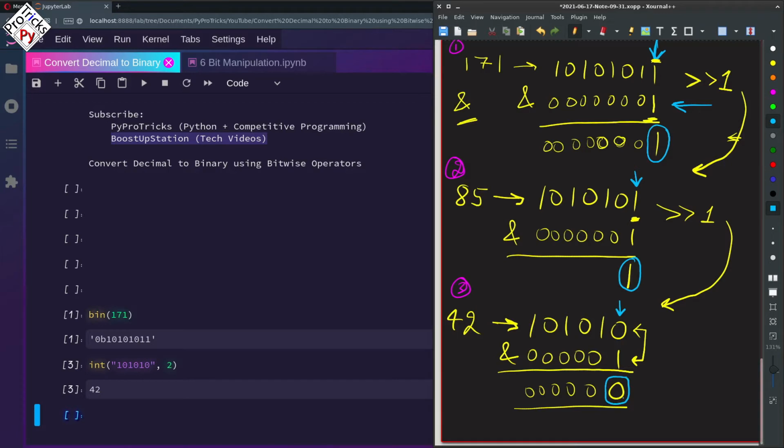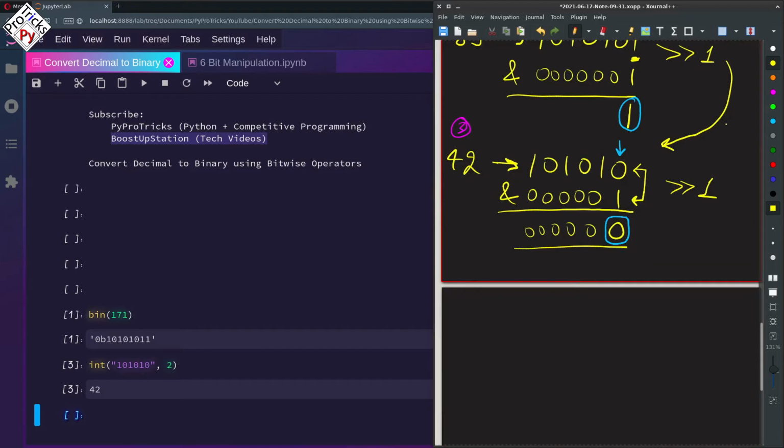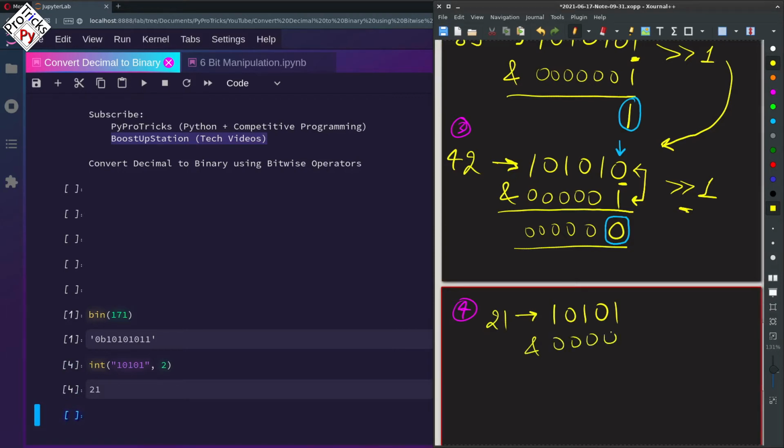So we are going to add this 0 into the result set, and again we right shift this number by 1, and now we are going to get in the fourth iteration the number 10101. This rightmost 0 will be gone after right shifting it by 1. And what is the value of this number? 21. So this is 21, and doing an AND with 1, we get a 1.